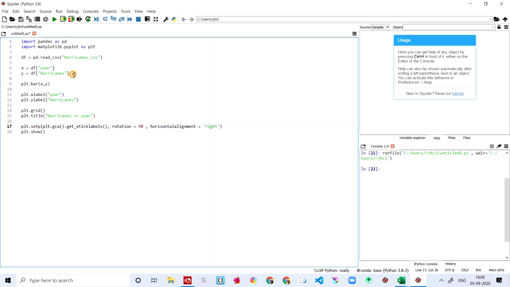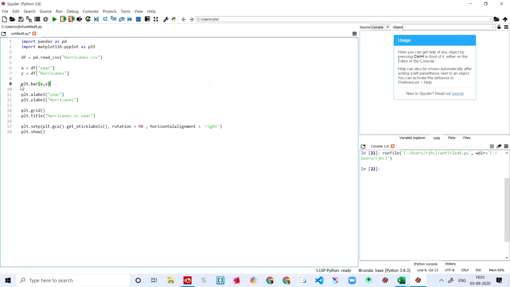Let's see what code we wrote from the start. We have imported pandas and matplotlib, and then we are reading the file called hurricanes that I have not created. You can create the data, put the data inside it, and give the name that you have put, .csv. In the x-axis you're going to put the year, and in the y-axis you're going to put the hurricanes.